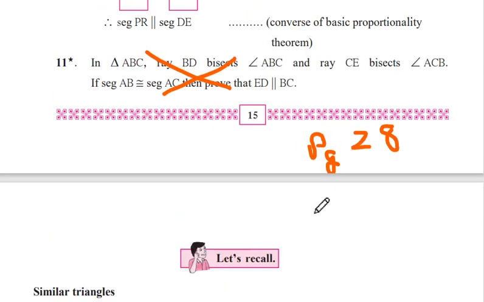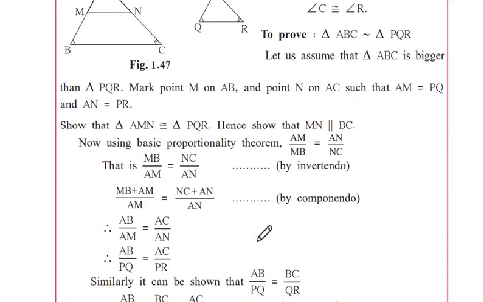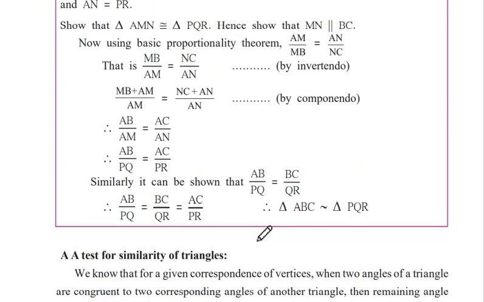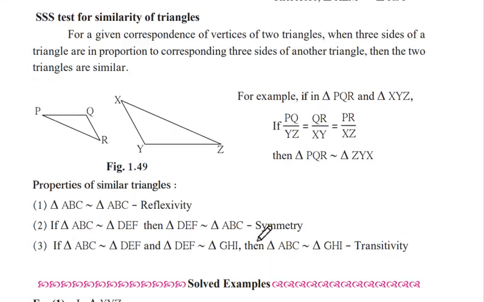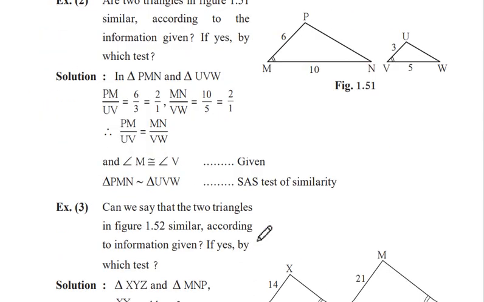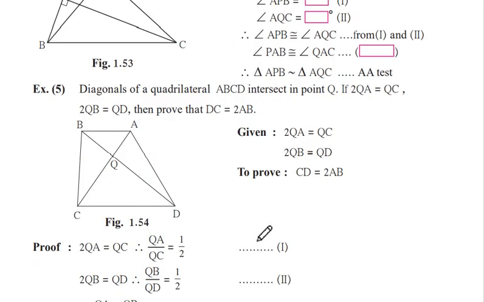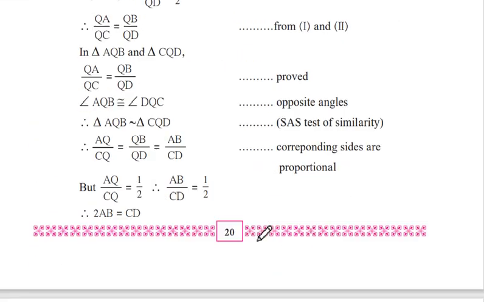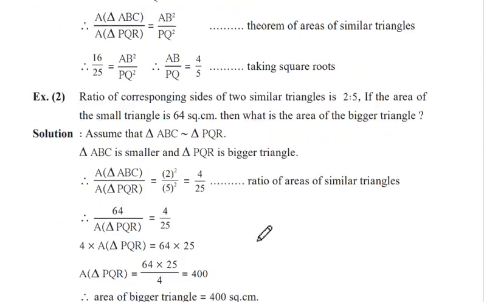Now directly we'll go to page number 28. The rest which have not been cancelled, all these pages, that is AA test of similarity, SSS test, SAS test, all this is there. So you have to practice all this. As the portion has been reduced, you shouldn't think we have made it easier for you. Still you have to practice and do your best. As the portions are reduced, whichever is there, you have to practice much. So directly we'll go to page number 28.